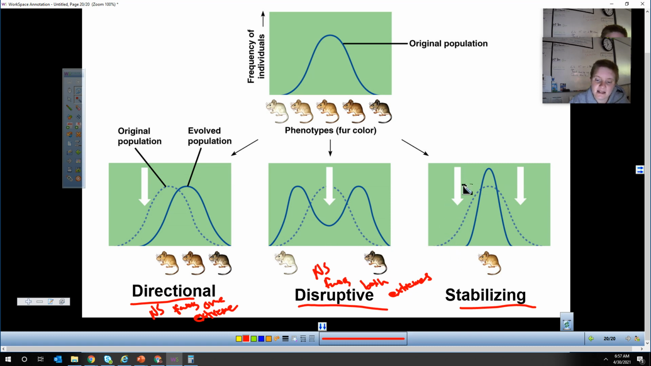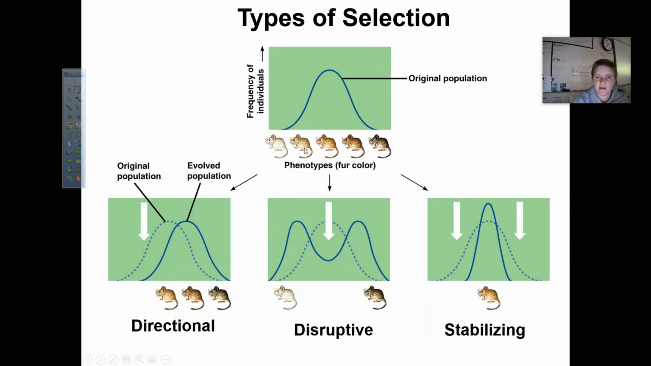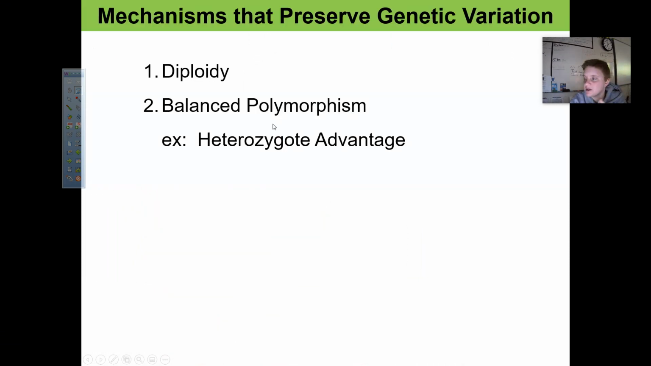And then finally, there's stabilizing selection. That's where natural selection favors the middle. So the light mice all die off, the dark mice all die off, so you have a lot more of the middle color. Okay, now what preserves genetic variation? How do we get a lot of variation? Because variation is really important to